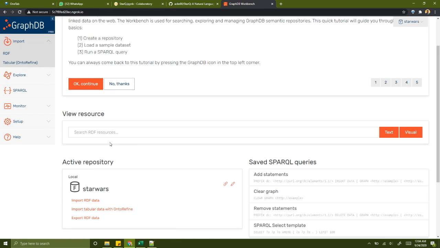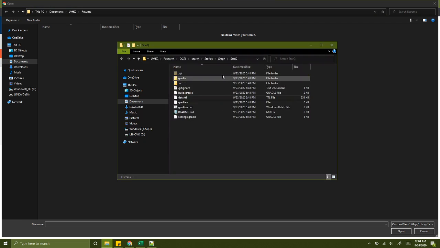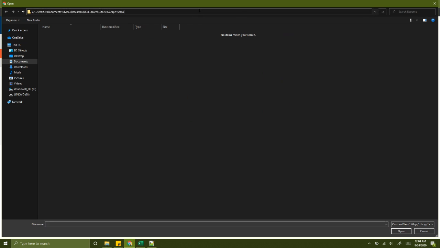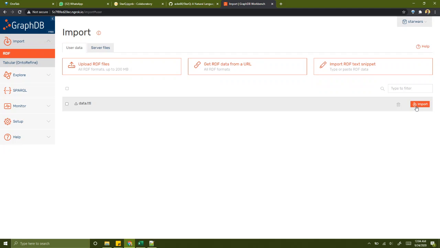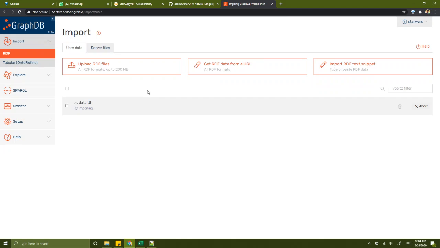Let's open the repository, click on import RDF data, choose upload RDF files, and select the data.ttl file that you had downloaded before. This is going to load the file and ask you to import the data. Go ahead and click on the import button. It will take a second to import the data. Now we have the data in graph database.